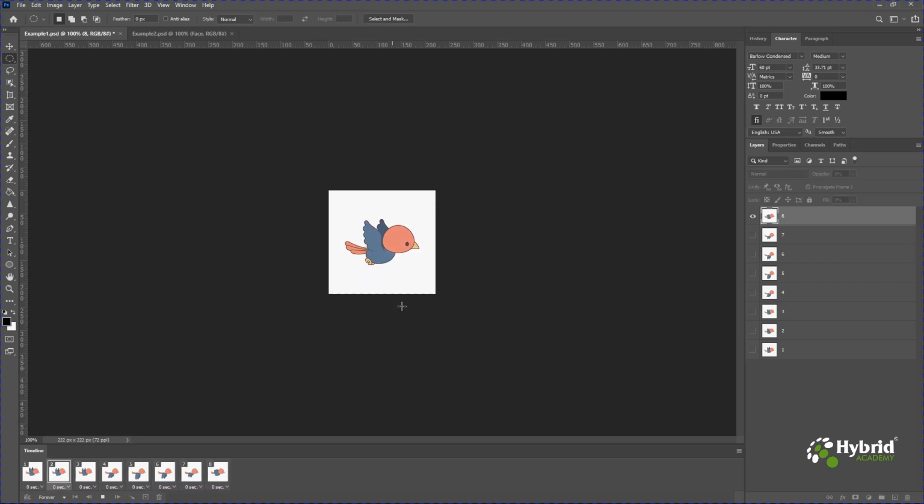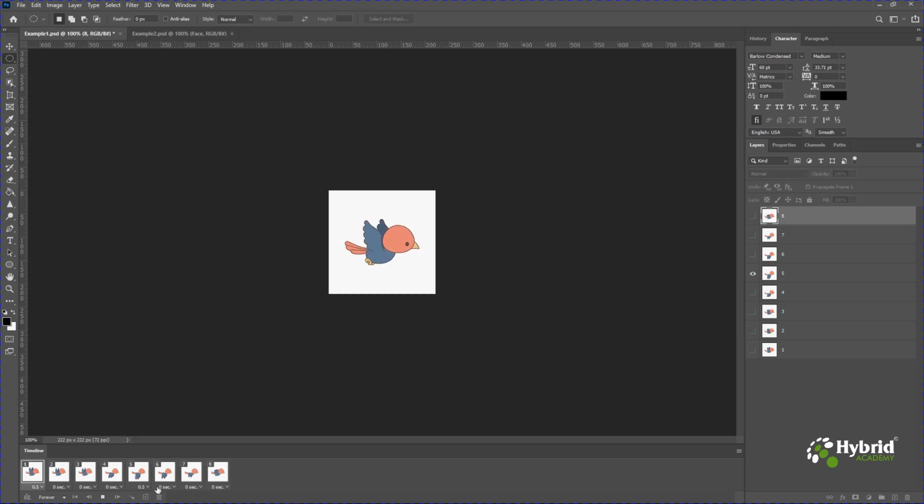So you can see how this bird is flying using the GIF. I'm stopping the animation and let's try to increase the time duration of the first frame and the 5th frame. I'm changing both of them to 0.5 seconds. Let's try to play this now. You can see how it is taking a pause on the first frame and the 5th frame because the time